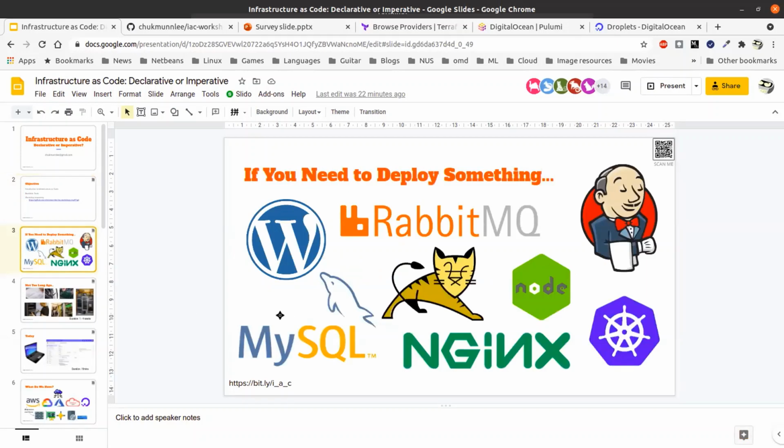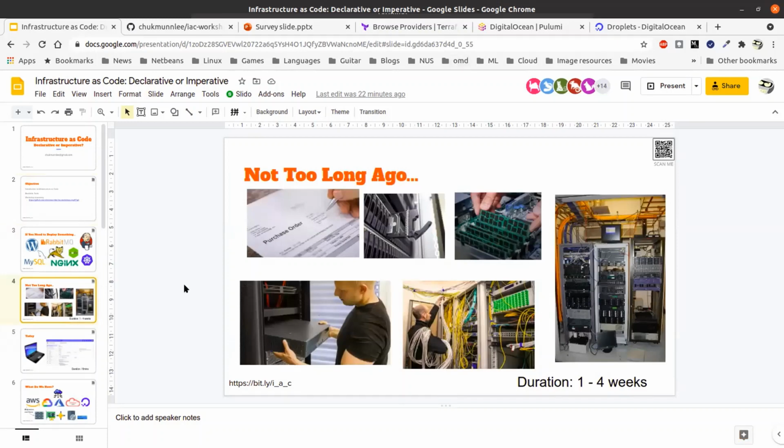So the idea is this, right? Today, if you want to deploy an application, for example, like maybe RabbitMQ or WordPress or Jenkins or Tomcat, not so long ago, what you needed to do is this. At least during my time, about 10 years ago, you needed to go to your boss, ask for approval, write a justification, and then go and get three vendor quotes. Once you've evaluated them, fill in the purchase order, send it off, wait for a while for the hardware to be delivered, and then you assemble them.